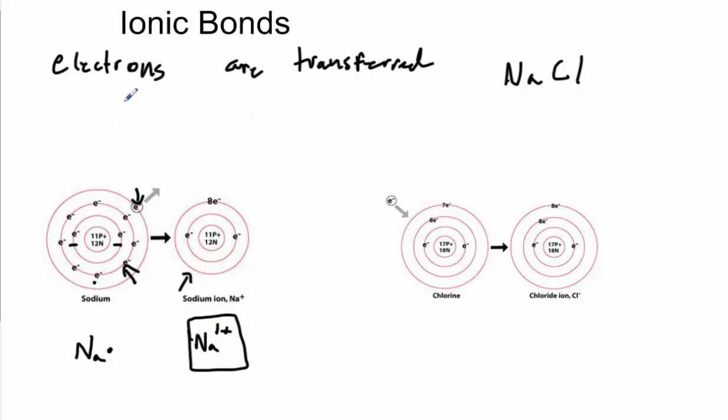So electrons are transferred, that results in charged atoms, and charged atoms are called ions. And ions can be positive or negative. Usually positive ions are cations, so this is a positive ion, it's a cation. Now, this electron actually has to go somewhere. So this electron ends up coming over to some other place,